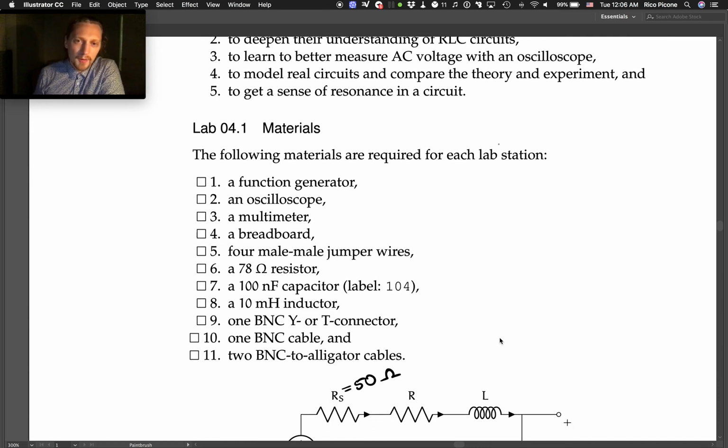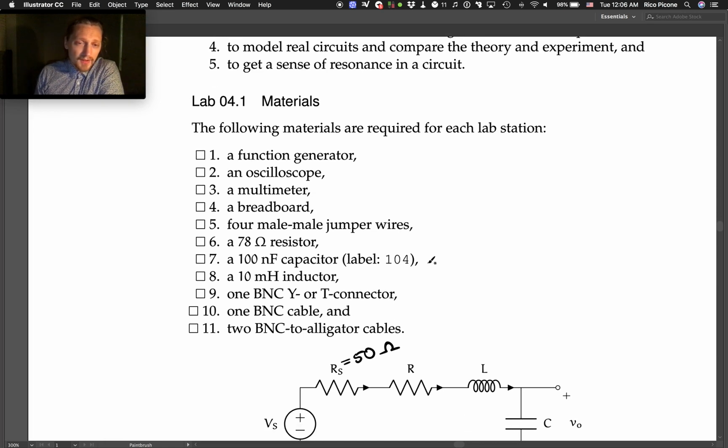Materials. So the following materials are required. So a function generator, that's going to be our source. An oscilloscope, that's how we're going to measure the output and the input to the circuit. A multimeter, a breadboard, 4 male-to-male jumper wires to make it easier to probe into the breadboard,